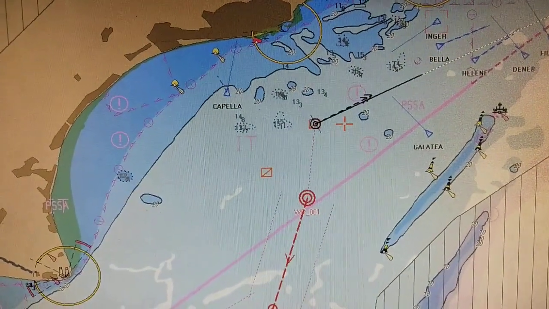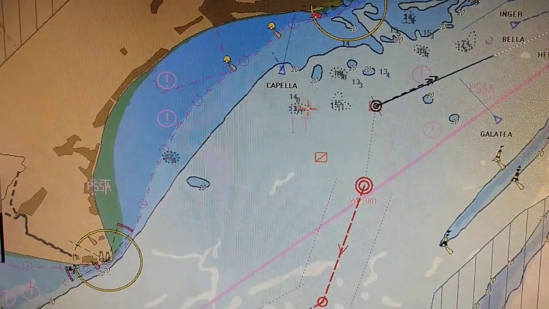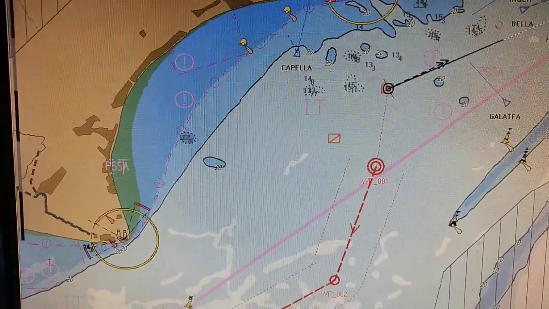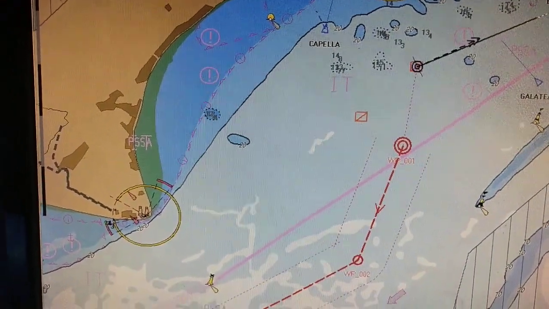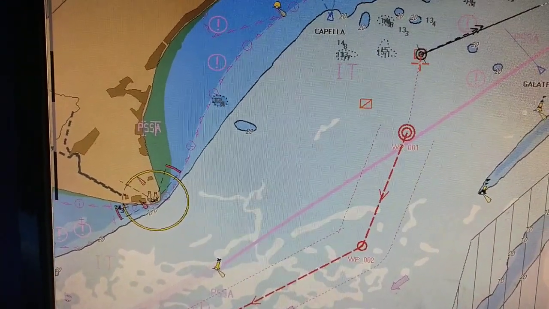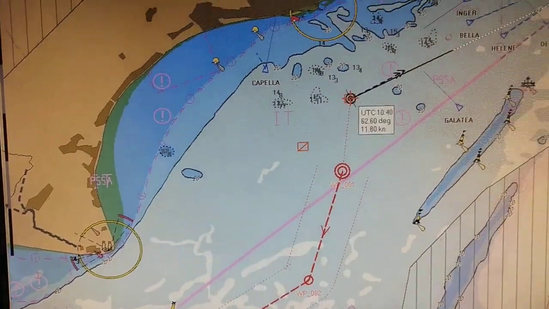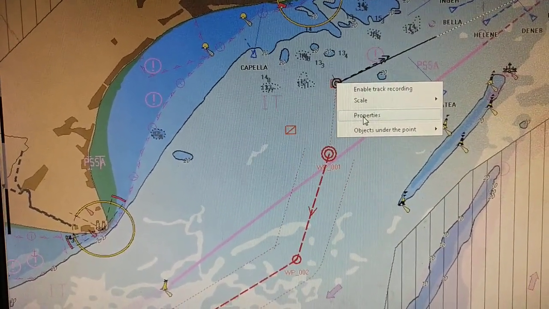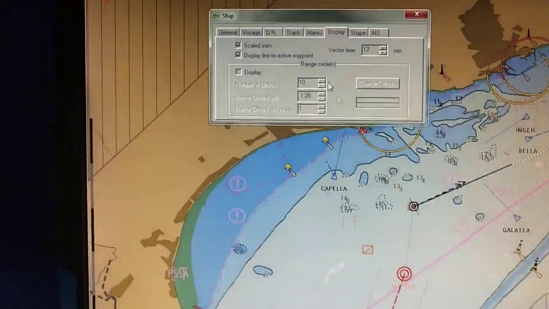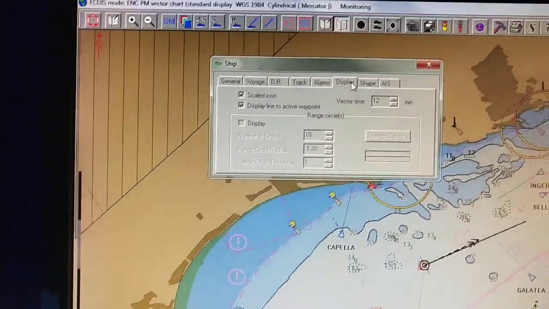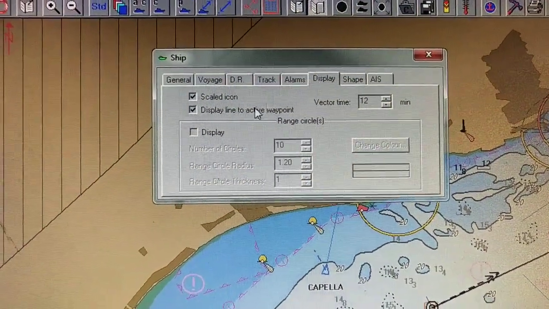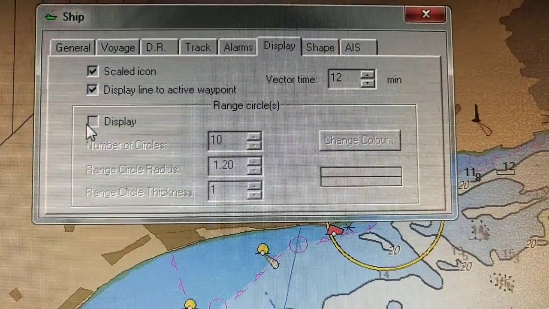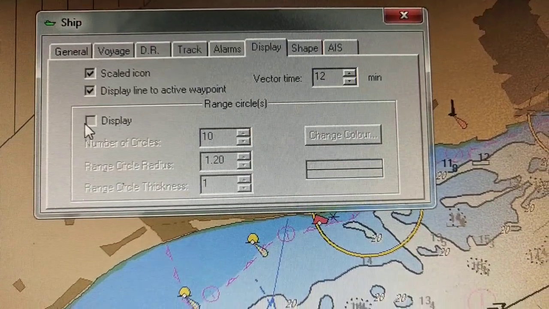But right now the overlay does not appear on our ECDIS, so I will just simulate what type of overlay you can see on your ECDIS display. I'll just click on the own ship, and with the drop down activate properties, and on your bookmark display activate green circle, check display,